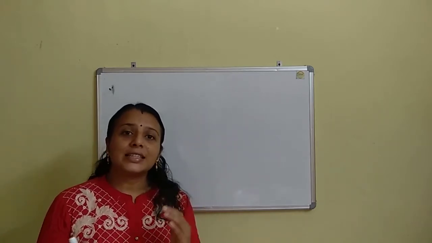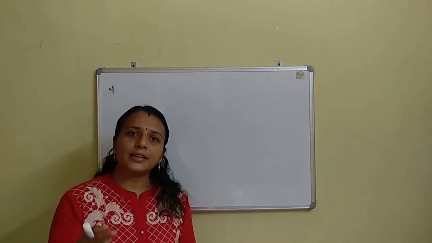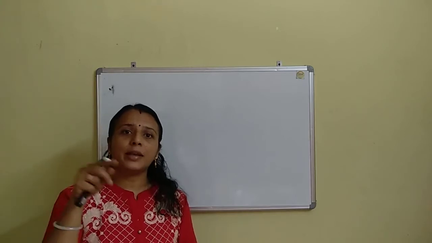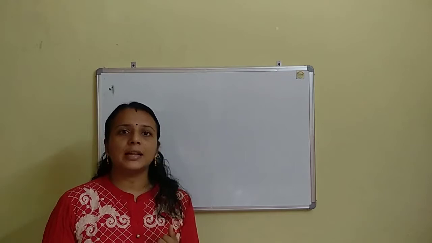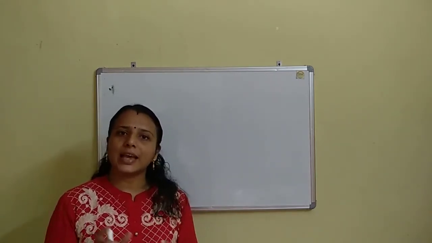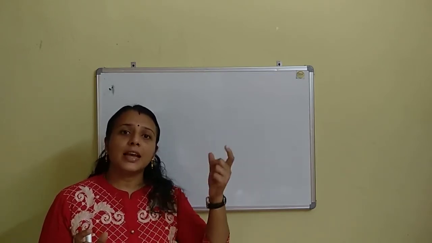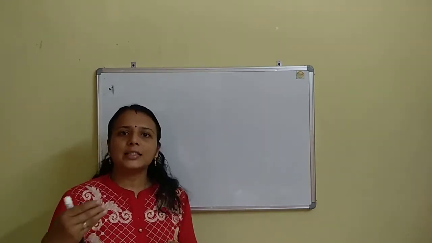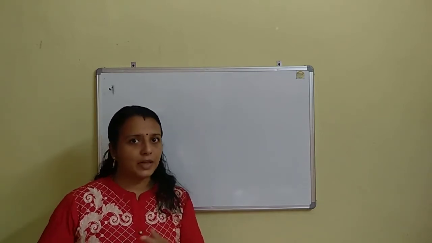You know that a nested if-else block means inside the if block there will be another if block, and inside the outer else block there will be another if block. As you know, in the case of the if-else block there are two different blocks: one is the if block and the second one is the else block. So a nested if-else block means inside the first outer if block there will be another if block, and inside the first outer else block there will be another if-else block.